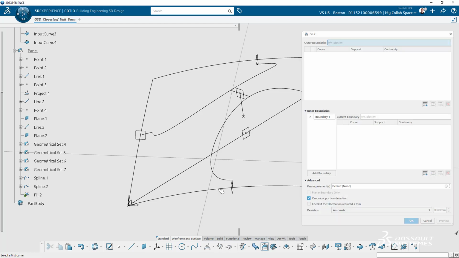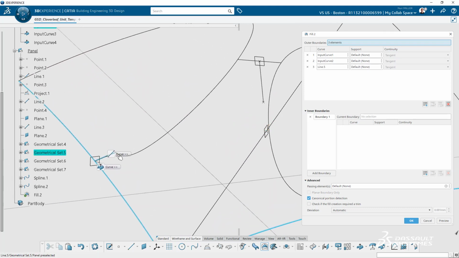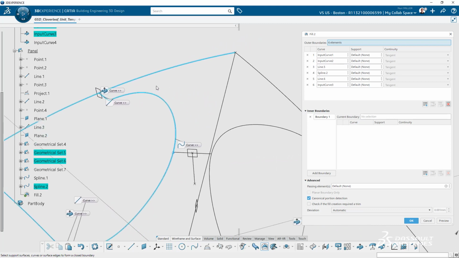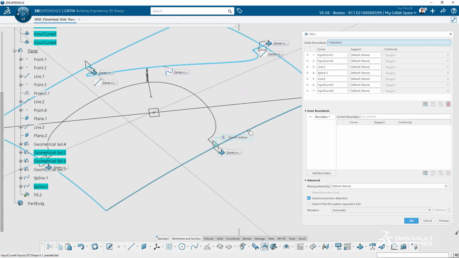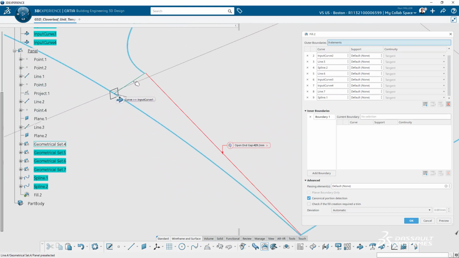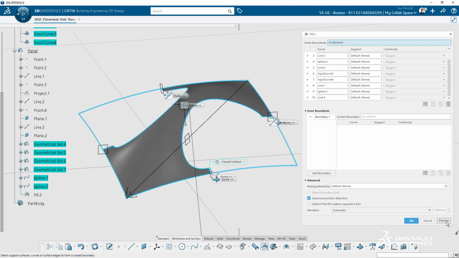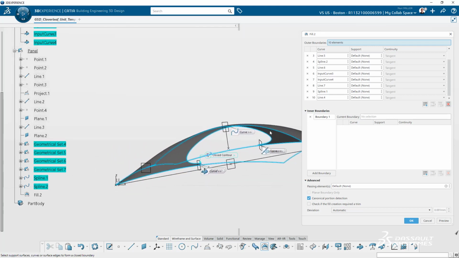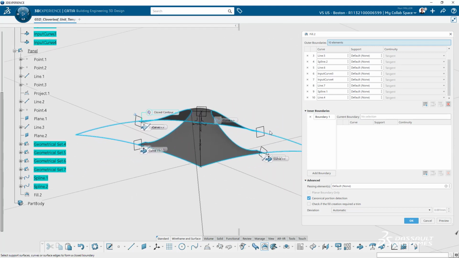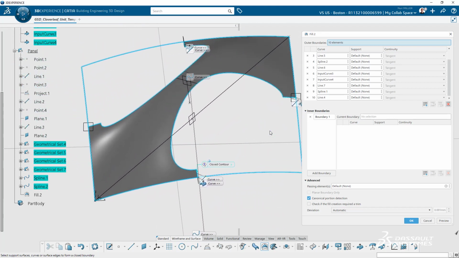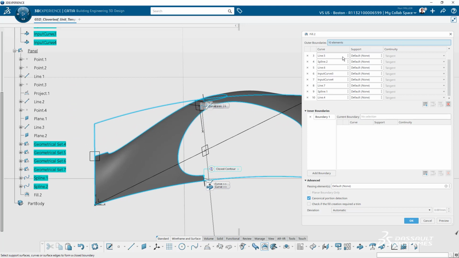So now I pick the fill feature, and I'm going to pick each of the edges in order, and I want to make sure that I've picked the final one. And now it says I have a closed contour, perfect, and I can preview it. Looks great. The only thing I want to do is make sure that the next panels over are continuous with